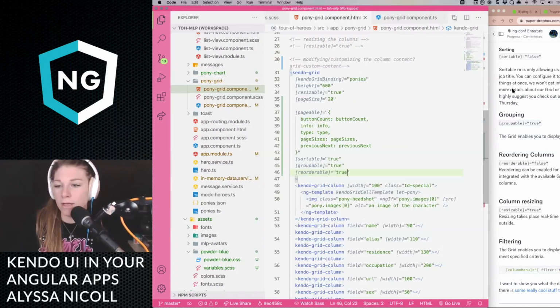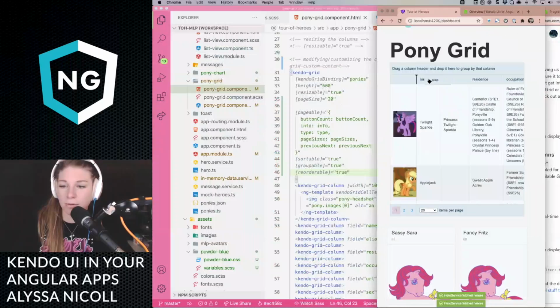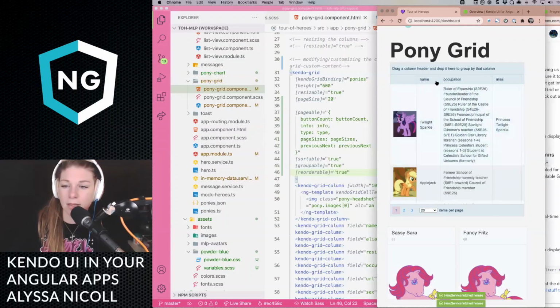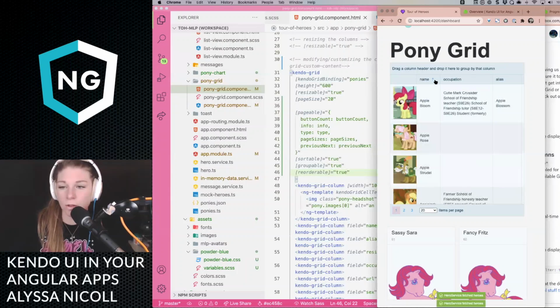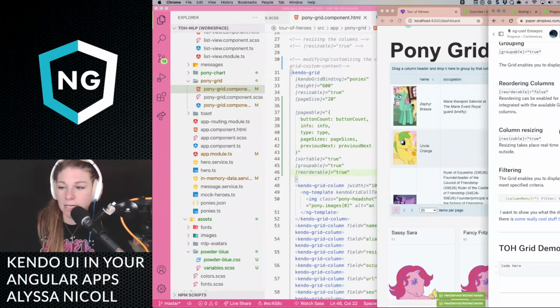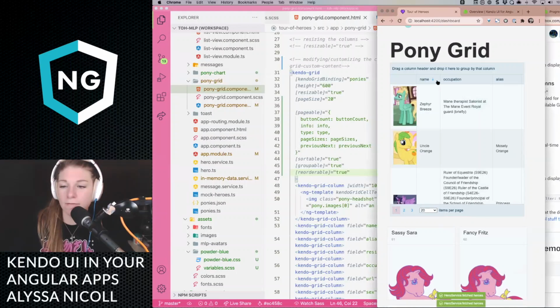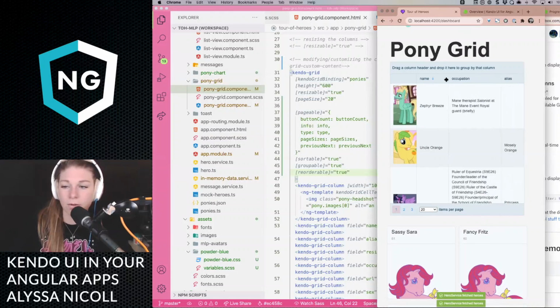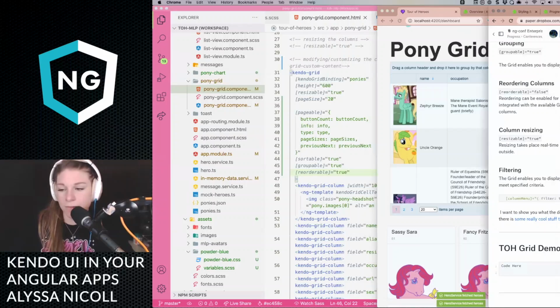So now if we go here, we should be able to drag, and of course we still have things like sortable and groupable active. Column resizing. So right now, if I hover, I think we covered this in the last one, because I have resizable true, but you can always disable that if you need to.